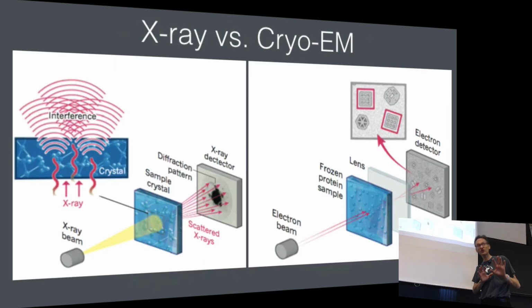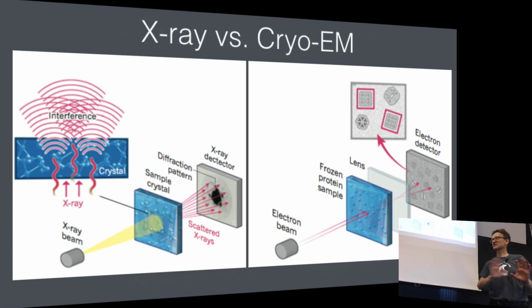So today, the hottest technique in the field, and we have 2 high-end microscopes of this out at SciLifeLab, is that instead of collecting diffraction patterns, you have a very, very thin film of frozen protein sample, maybe just 100 nanometers thick or something. And then we're literally using a microscope. Well, it's an electron microscope, and then we have a real sensor here, and then we're collecting images of these proteins from, say, 100,000 different directions. Now you have slice-through images of your protein from 100,000 random directions. And that you throw in a computer and tell the computer, please fix this. And the amazing thing is that it works.